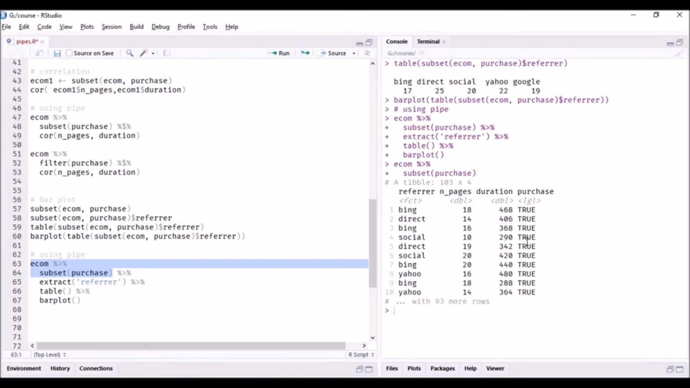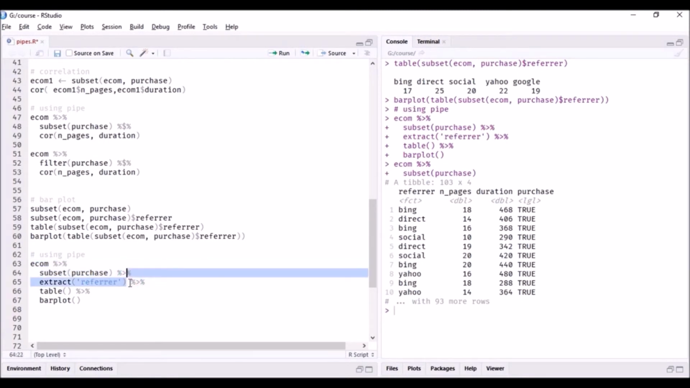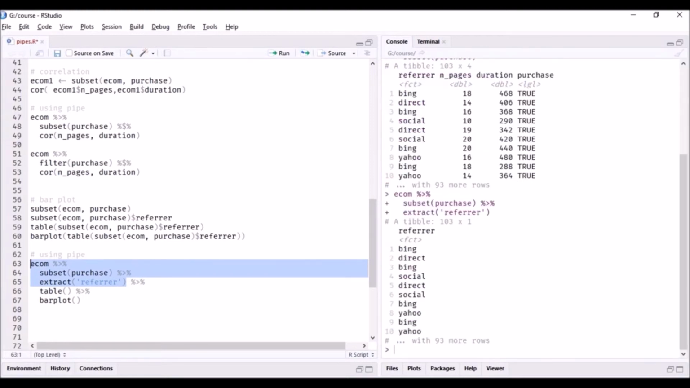right? You can see them here. The purchase column only has 2 values. Now this data set is then passed on to the extract function to extract the referrers. So this again has the referrers from the previous step where we filtered out all those visits that resulted in a conversion. Now the output from this, we'll pass it on to